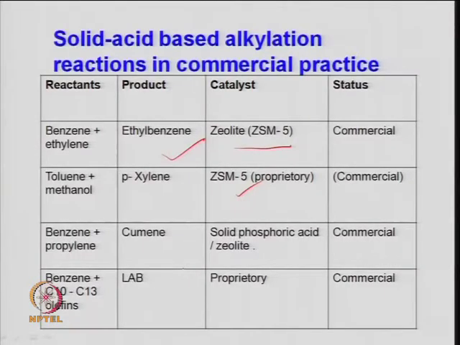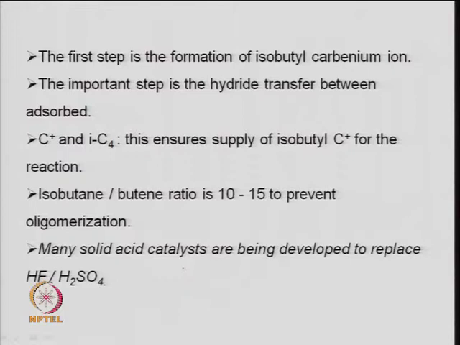A lot of R&D is being done in these areas to develop new catalysts and new processes for commercialization. This is a different kind of reaction: isobutane and isobutene generally react to make isooctane, which is alkylated gasoline or polymer gasoline. These are the catalysts generally used in the refinery to make isooctane or larger molecular weight compounds that can be added to the gasoline. These have a higher octane number.